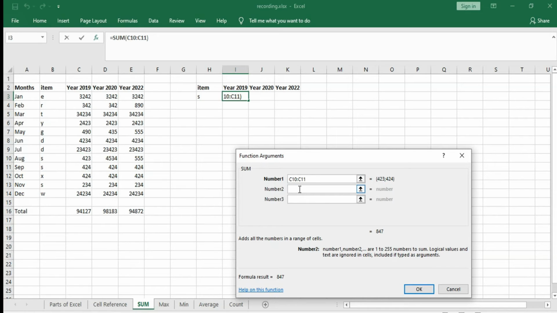Now in number 2 you will click, and you have seen that number 3 automatically came. Number 2 is 234, which was not in the range, so I have given that value in the number 2 place. Now click on the OK button and you will get the answer.